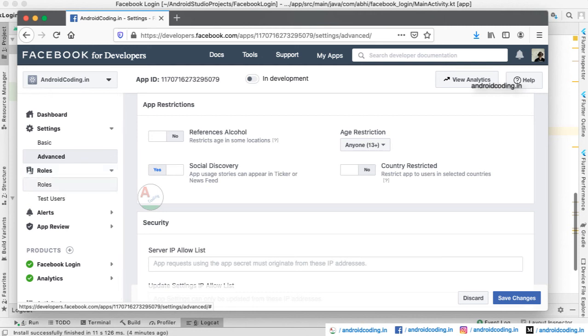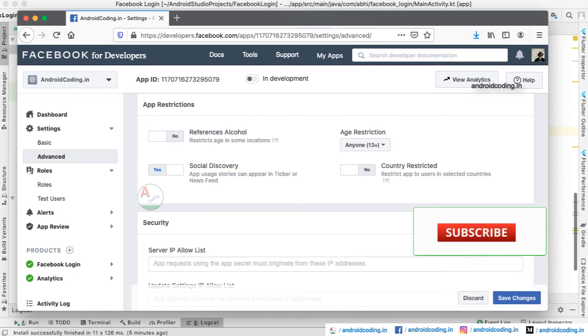So whenever you are in development mode, you can make use of the test users or the admin. So in the roles, whenever you are in the development mode, you can make use of the test users and log into your application, and also the admin profile you can use for logging in. So whenever you make it live, then you can use any Facebook account to log into your application.